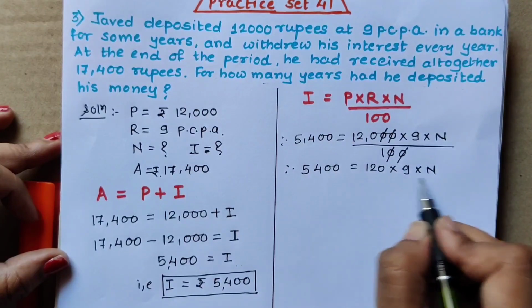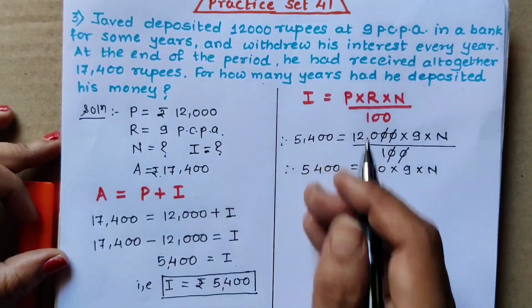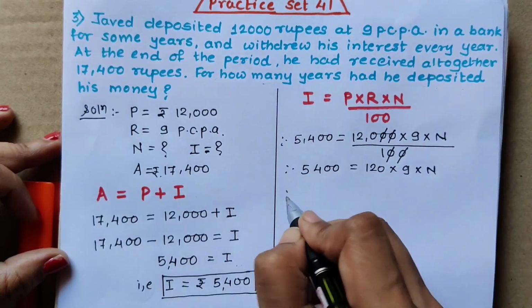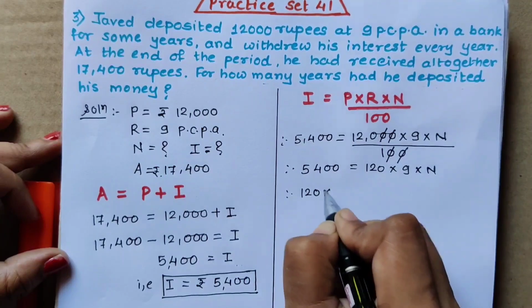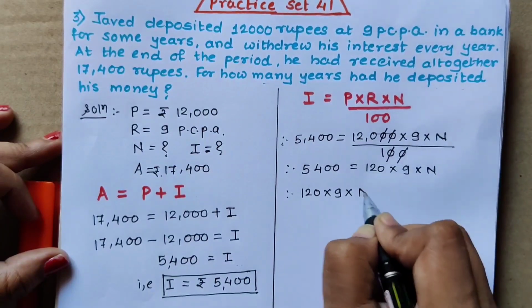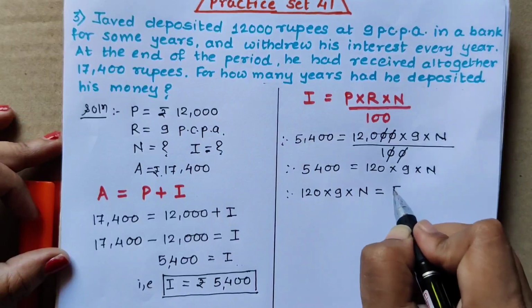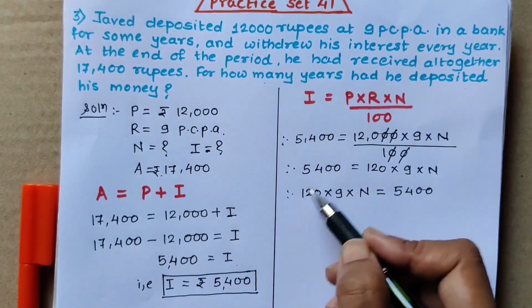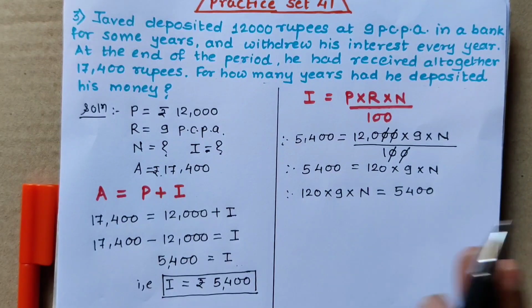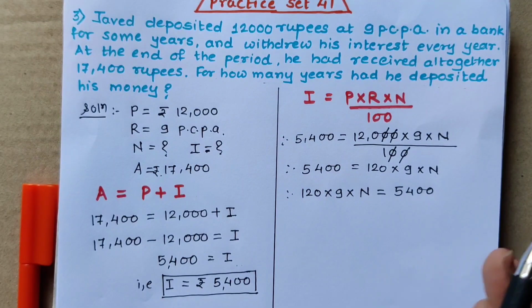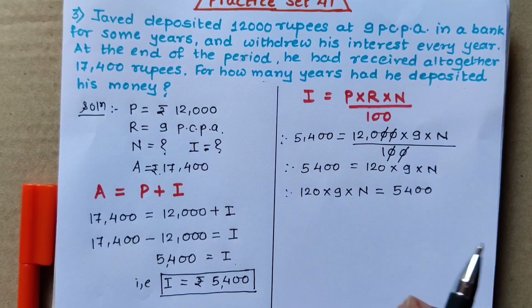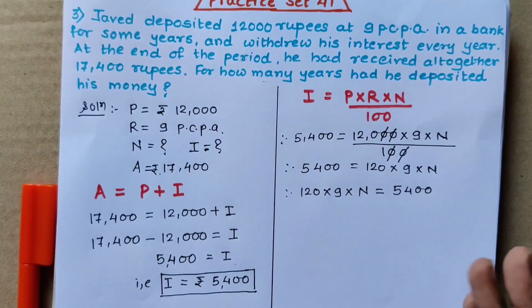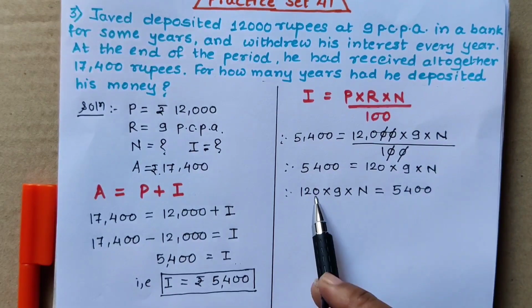What I am going to do, I write this right hand side on left and left hand side on right. Full side I am transferring from one side to the other side, so we don't require to change the operations between them because this full side I have transferred. So no need of changing the operation. We don't require to make multiplication into division, division into multiplication. No need because full side we have transferred.